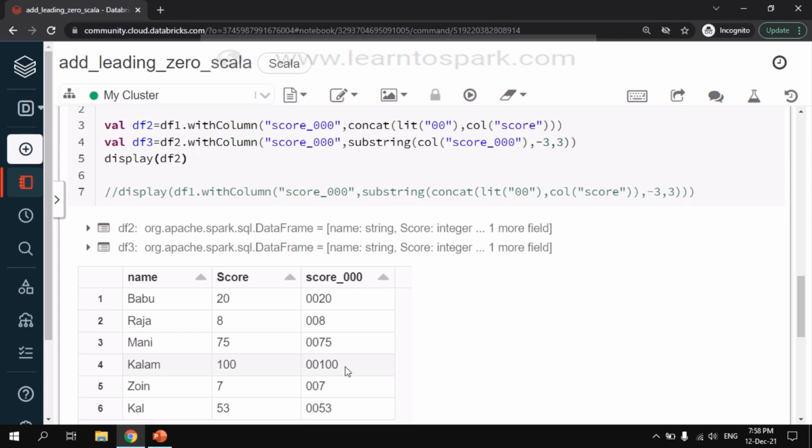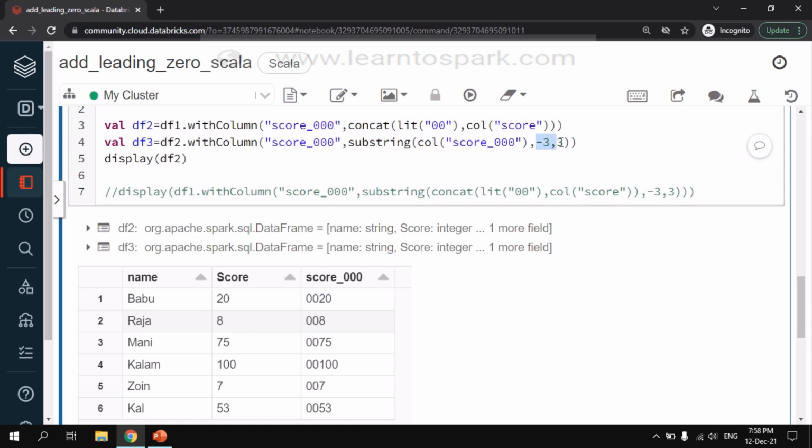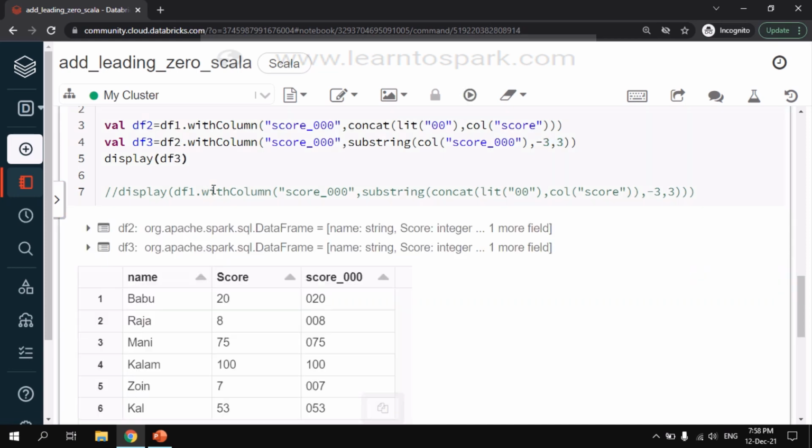The output that we are looking for is the last 3 digits of each record. So for that, we are applying a substring and slicing and dicing in such a way to pick the last 3 digits alone. And let me display df3. So there we go. We got the result as we expected.